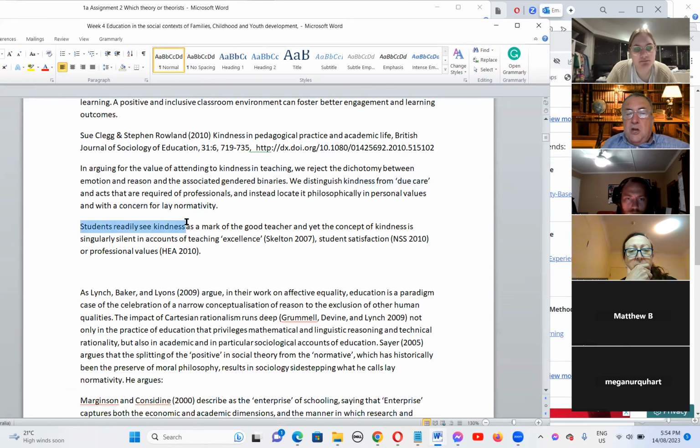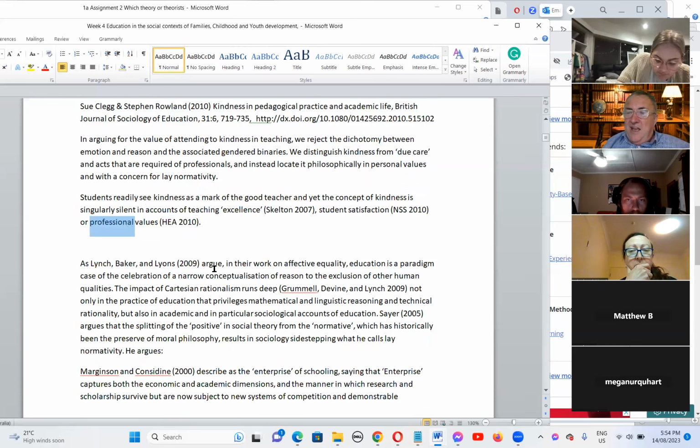So students see kindness as a mark of a good teacher, and yet it may be missing from ways in which we describe excellence in teaching, student satisfaction, professional values. So don't forget kindness as another aspect.